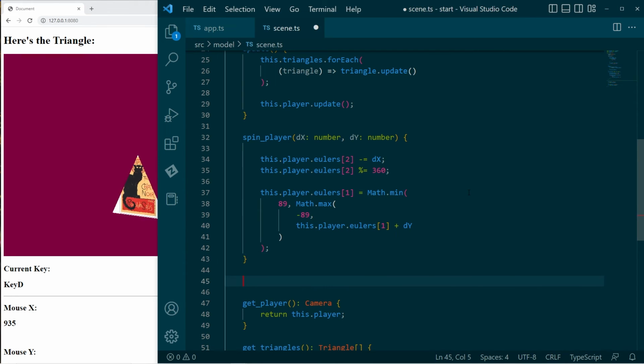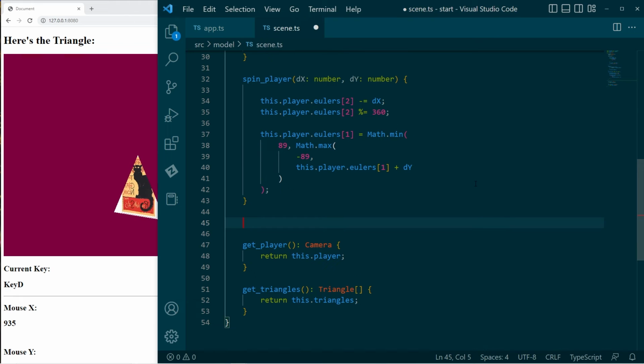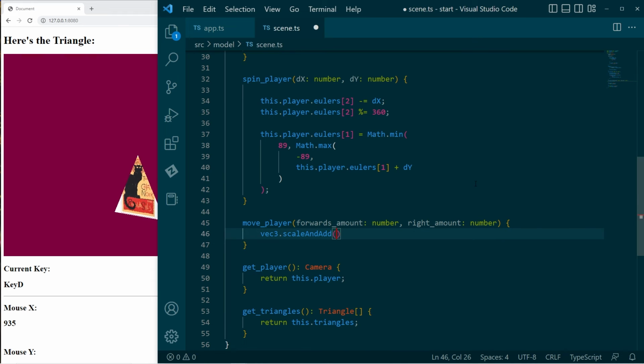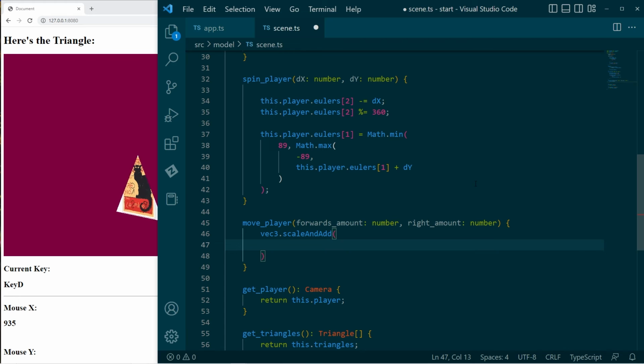Then the next function I want to add is moving the player around. Now, the player can be moved around according to the camera's forwards, up, and right vectors. So I'm just going to use forwards and right movement. Now the reason I'm using these vec3 functions is I tried directly adding a bunch of vec3s and the computer complained. So just using that. So what I want to do is I want to modify the player's position,